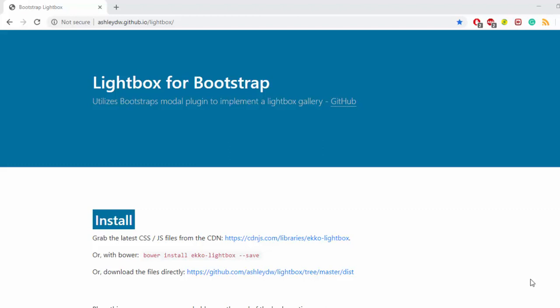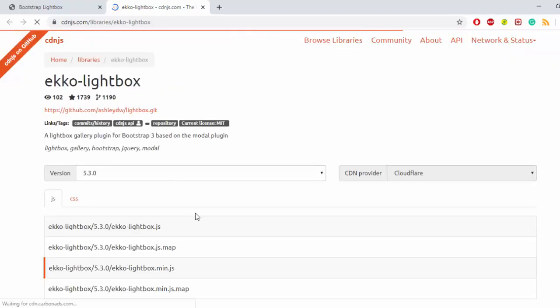So in this video we will be seeing about the Lightbox for Bootstrap. Not made by Bootstrap, it's for Bootstrap users. This is a simple CDN file. The JS file and CSS files are present in it. So here you go with the CDN of the Lightbox, where you can download.